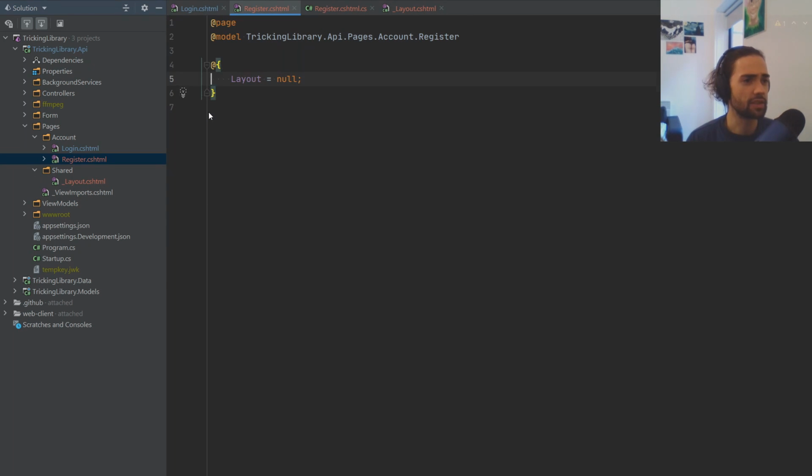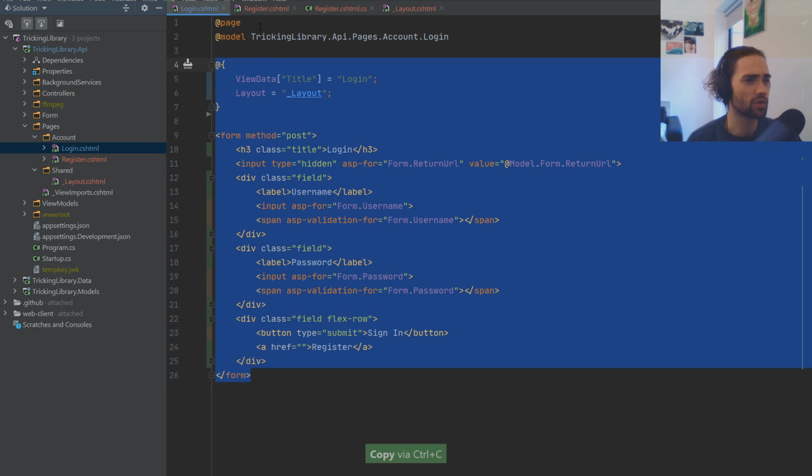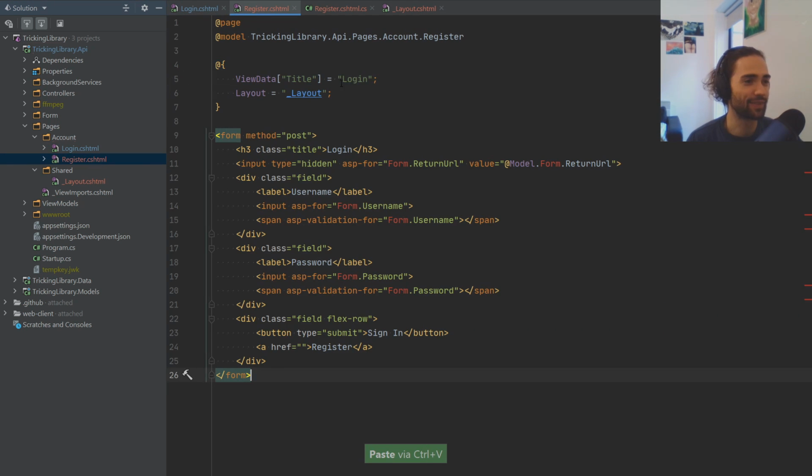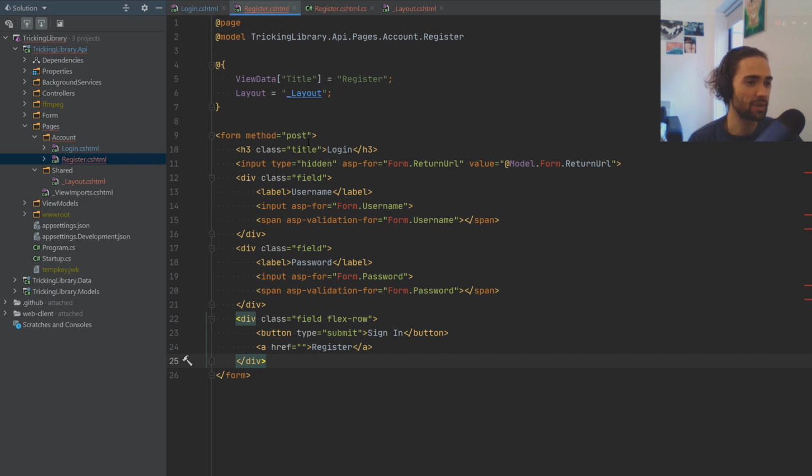This doc type doesn't need to be here. Let's go ahead and bounce between the login form and the register form. But we'll just copy everything, and on the register form we'll place it and go top down. We will fix everything. So first we got register. We don't have the form specified, so